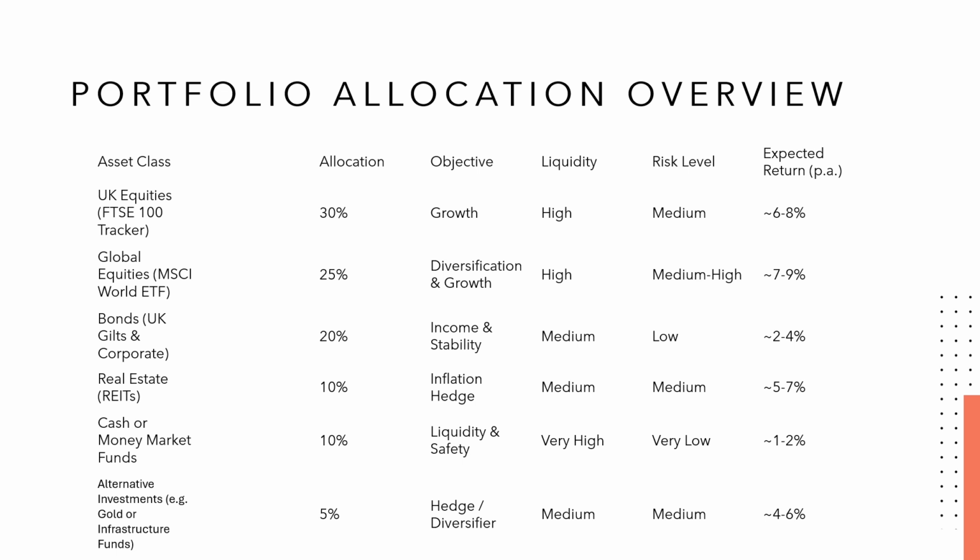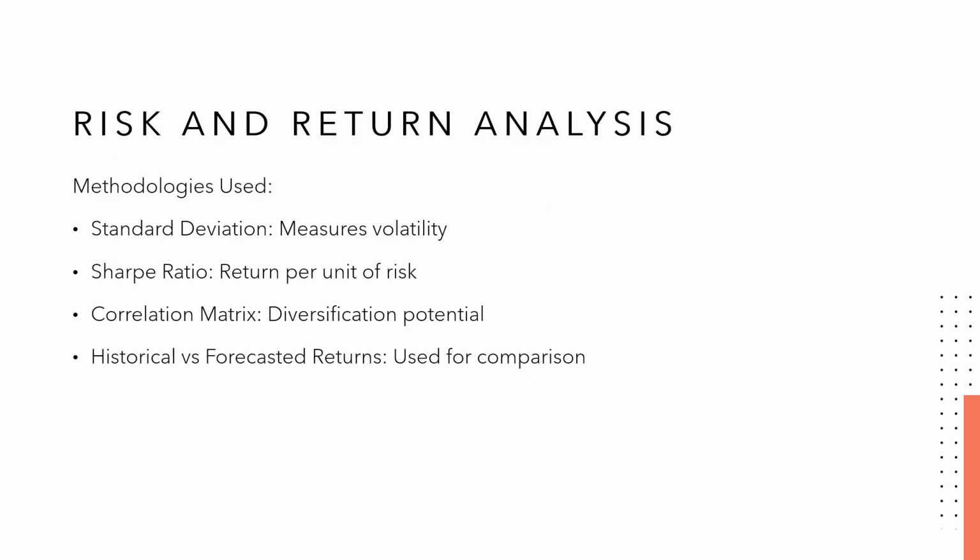To evaluate the risk and return characteristics of each investment, we use several key statistical tools. Standard deviation was used to measure the volatility of returns, showing how much an investment's value tends to fluctuate. The Sharpe ratio helped assess return relative to risk, showing how efficiently each asset generates returns for its level of